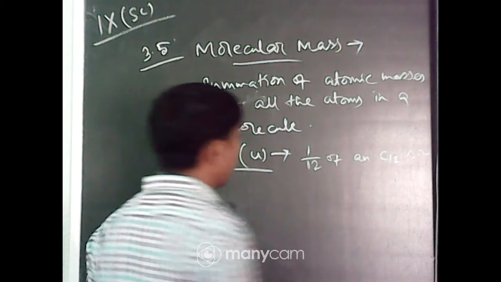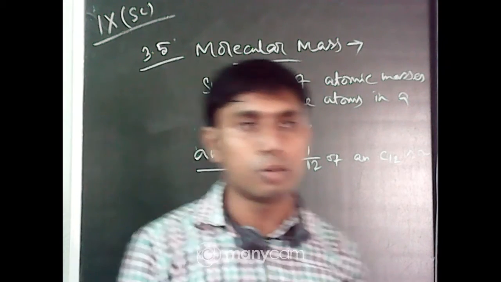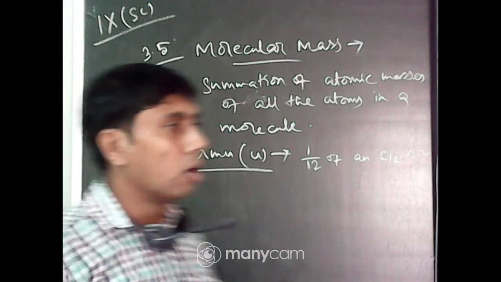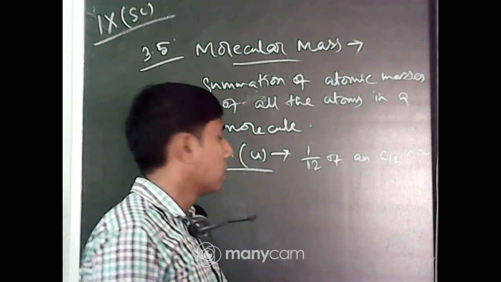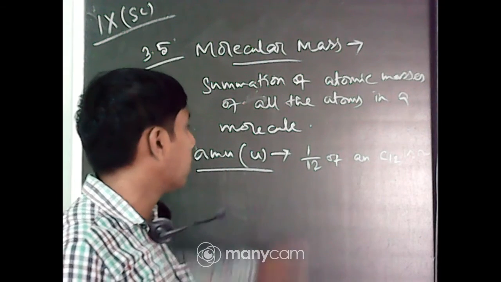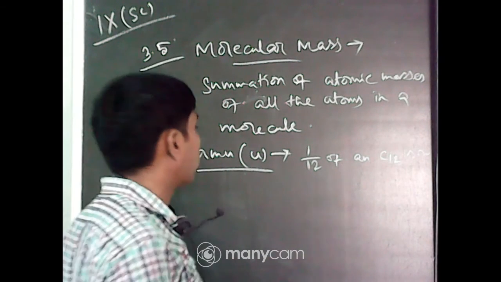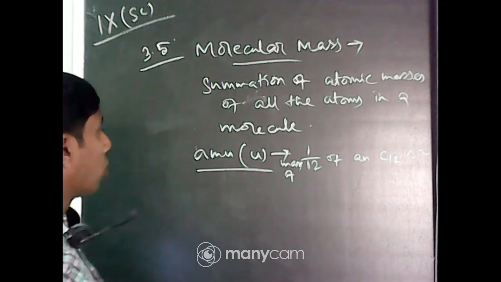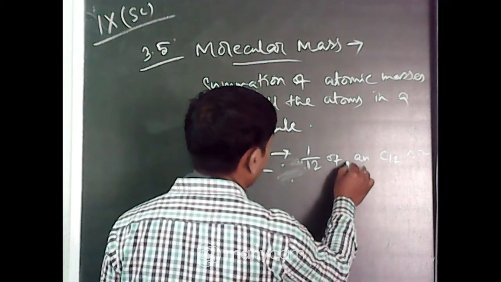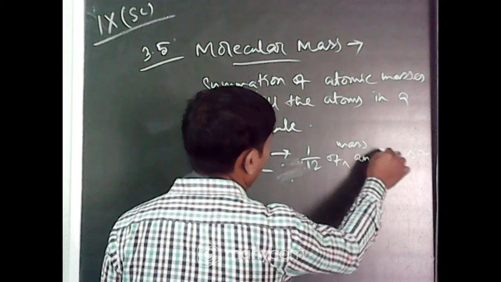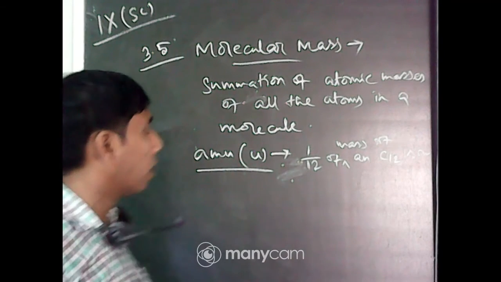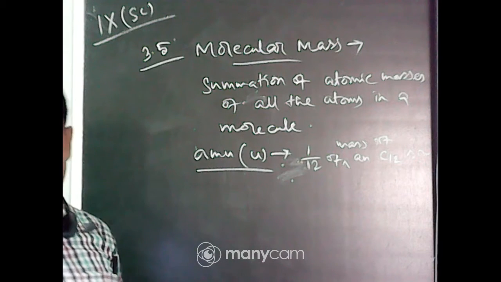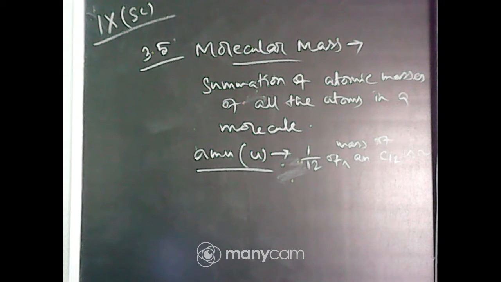That is relative atomic mass. Suppose the element is X. It is the ratio of the mass of that atom to 1/12 of the mass of a carbon-12 atom. Okay, so this is the atomic mass unit which was covered before. Now for this we have to know about the atomic masses.